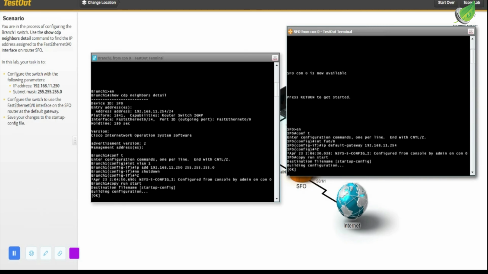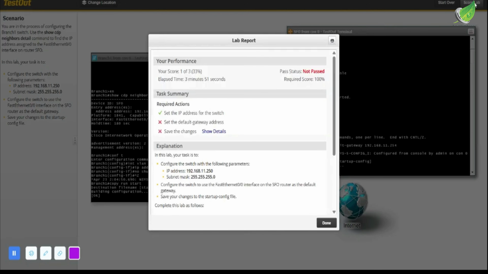So let's scroll up and see what is left for us. So we have to set the default gateway address, and we also have to save the changes. So let's go ahead and